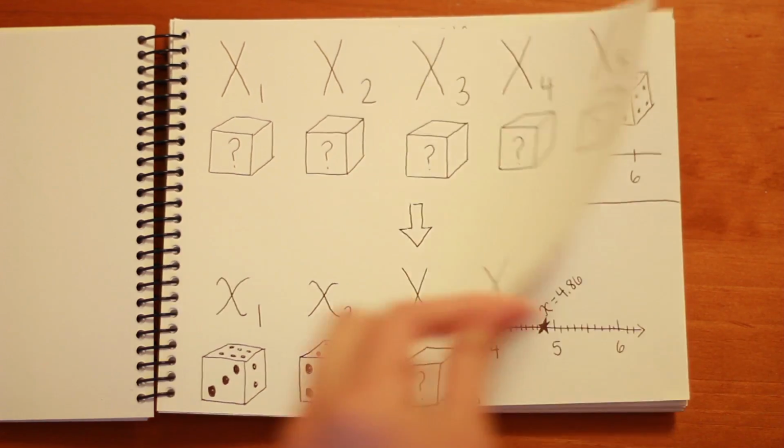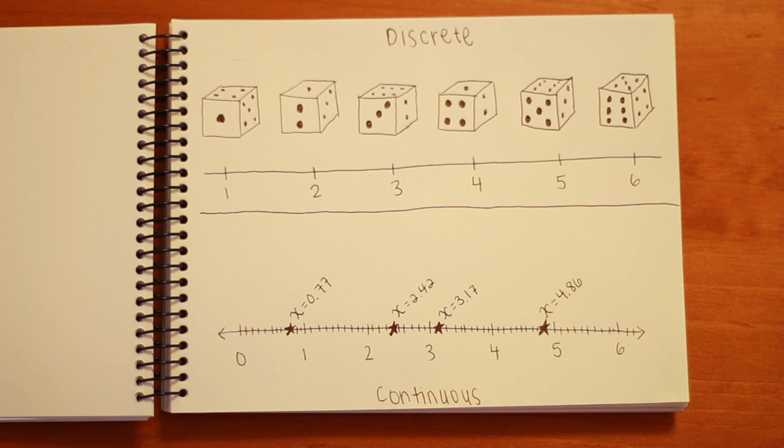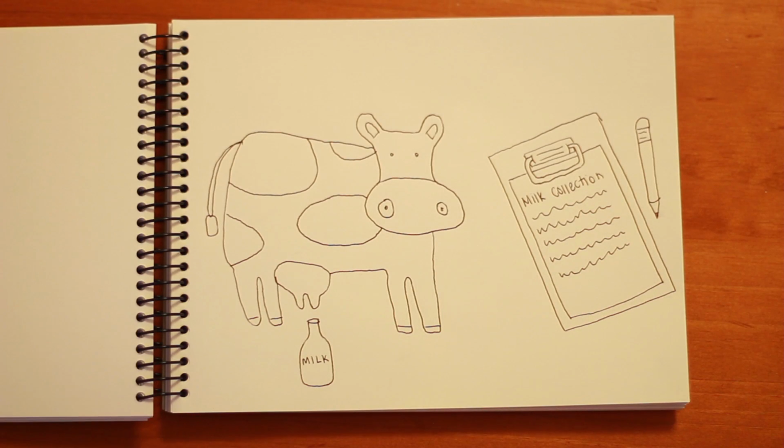The sample space of the die rolling experiment is said to be discrete, as the possible outcomes are countable: 1, 2, 3, 4, 5, and 6. The sample space could also be continuous, however, if the outcomes cover a range of possible values which is not countable. Consider an experiment in which the amount of milk generated by a cow is to be recorded daily for the upcoming week, and it's known that the cow can produce anywhere between 0 and 100 liters in a single